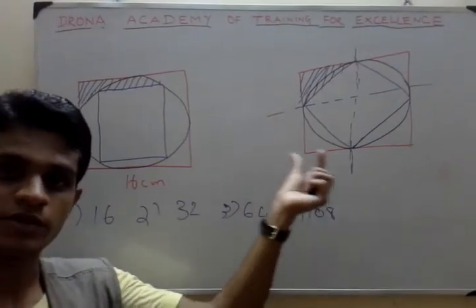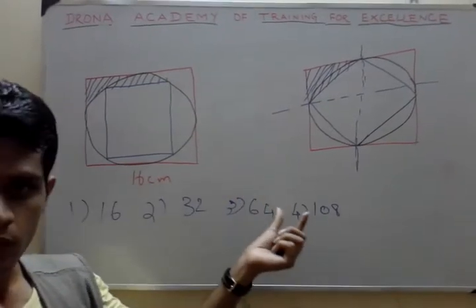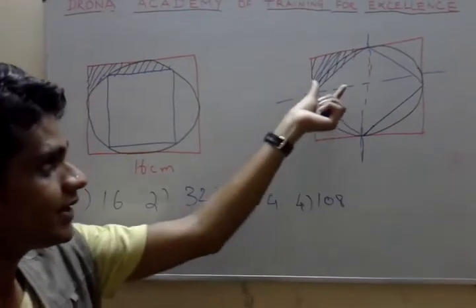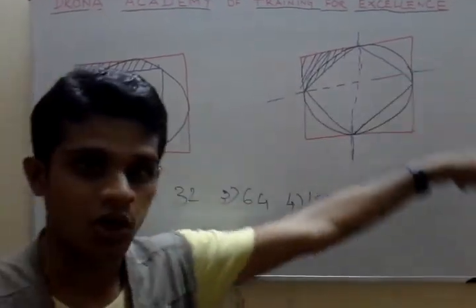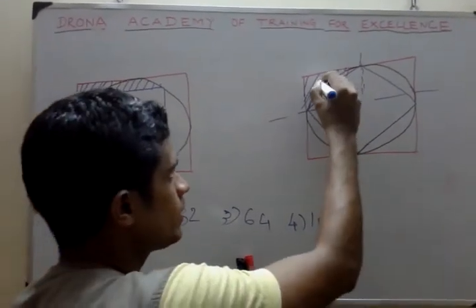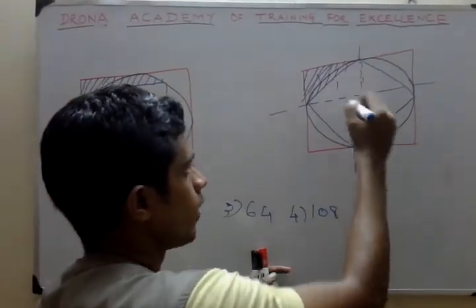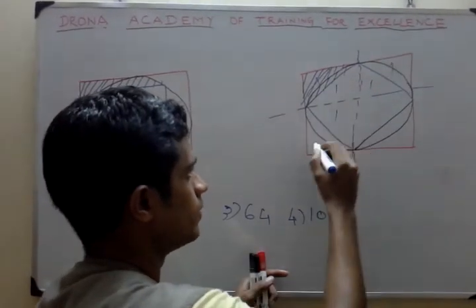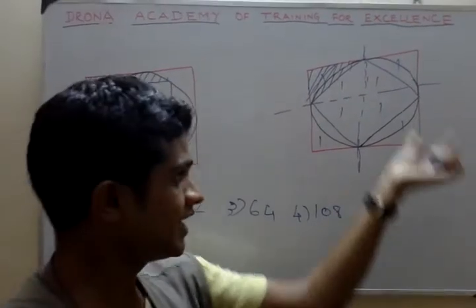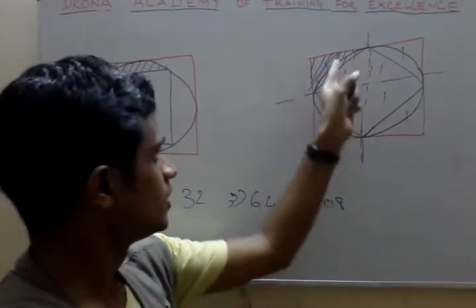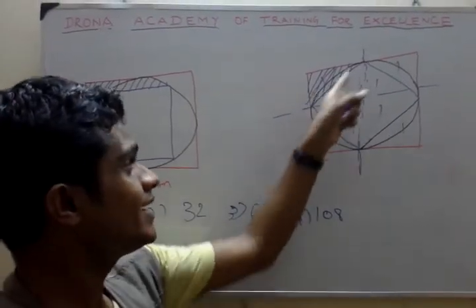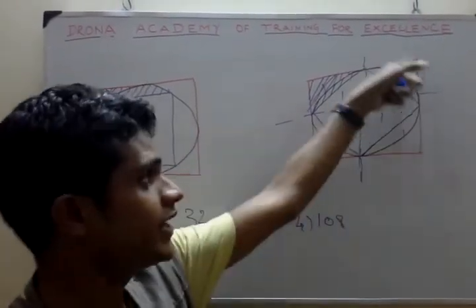Interesting thing to be noted. So now we do not require a circle at all. Am I right or wrong? To calculate this particular region, I don't need this circle at all. Why? Because I can count the diagram as R1 is 1. 1, 1, 1, 1, 1. So now I have 8 equal triangles. Forget about the circle. Now the entire region, if I cut into 8 equal parts, I have 8 equal triangles. Am I right? Now I don't require this circle at all.